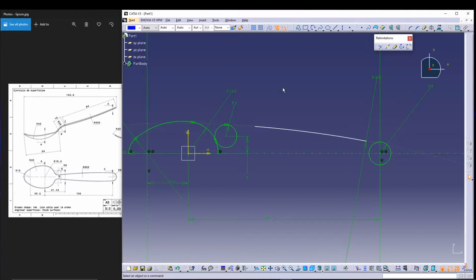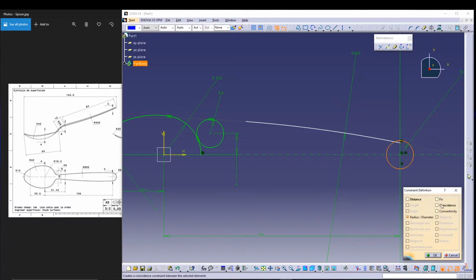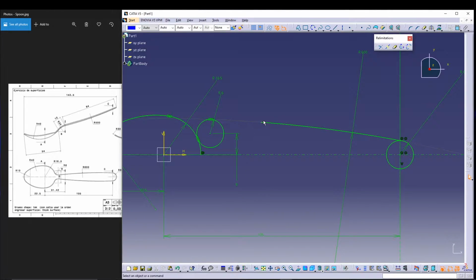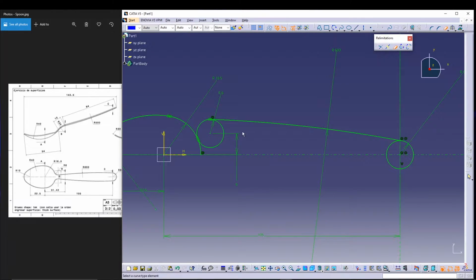and then what we can do is select this point and this axis, make them coincident. Also select this point and this circle, coincidence. Now we can select these two, say coincidence. Then we can get rid of